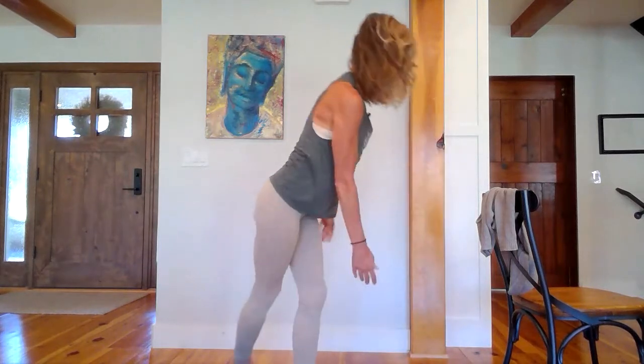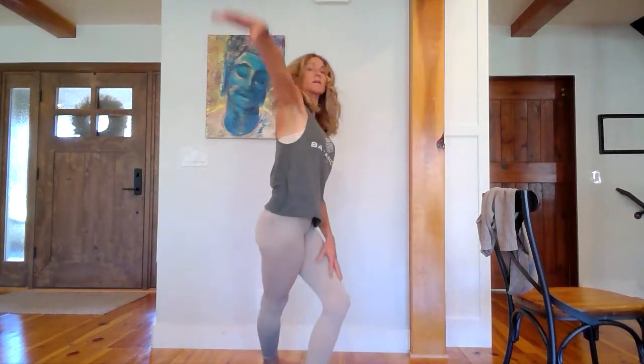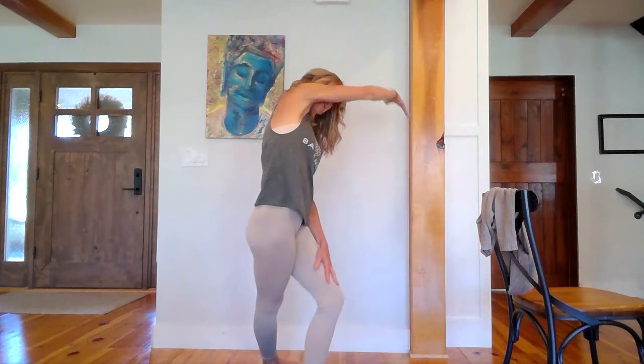The back leg is going to shift a little bit further, and then you'll take that into a side bend. And then come back to center. Release it, shake it out. And if you really want to go the extra mile, holding on to something, just take a swing of the leg forward and back. This is more of a warm-up. I like to do this in a warm-up, but also at the very end, and then